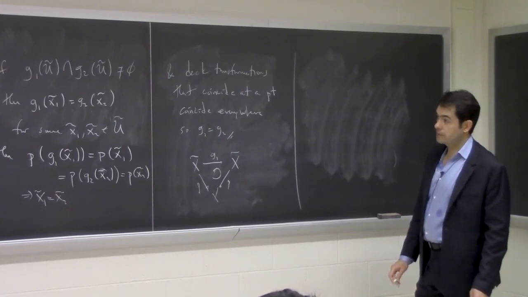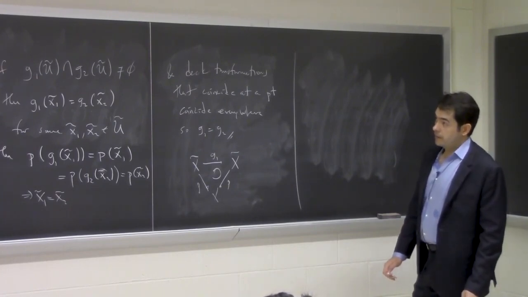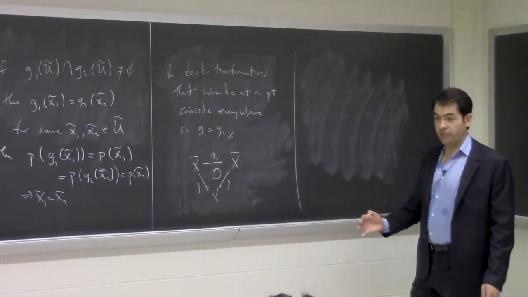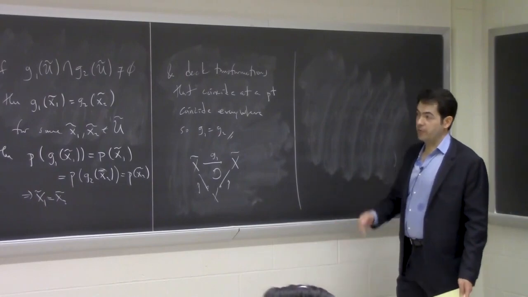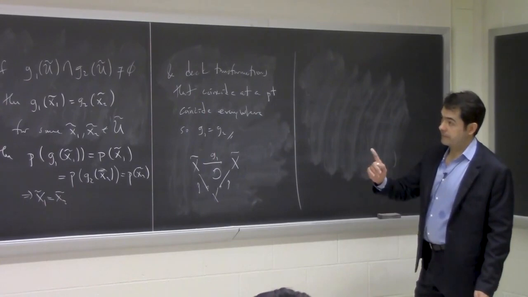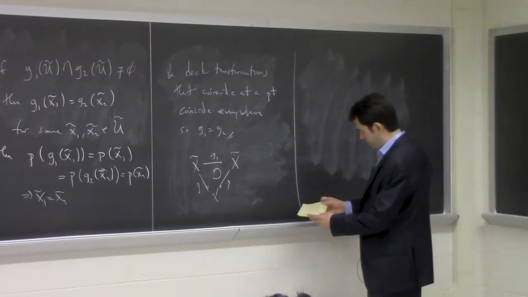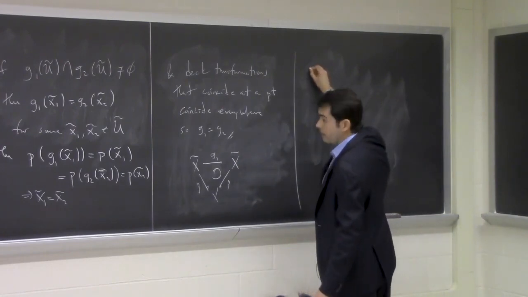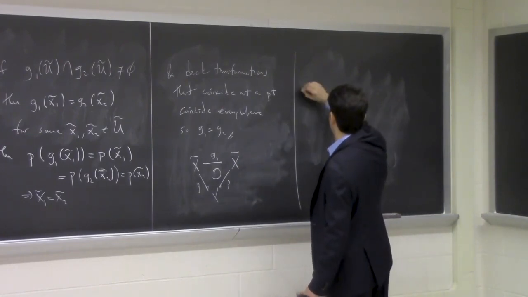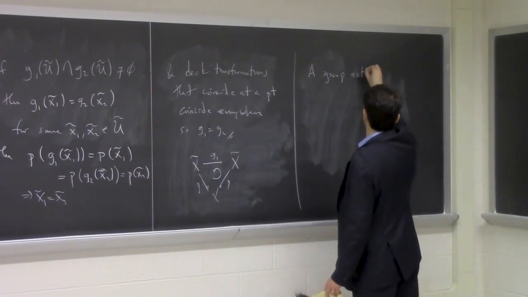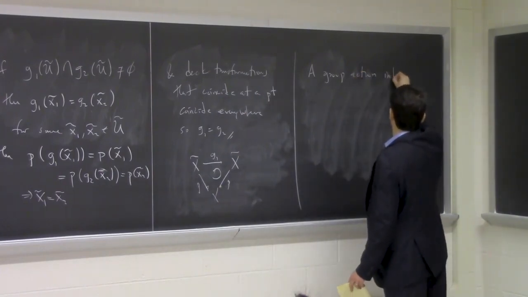Okay, so deck transformations are examples of groups that act with the covering space action. Now we'll start with a group that acts with the covering space action and construct the covering space. We talked about the orbits there. I want to say that being in the same orbit gives you an equivalence relation. So a group action induces an equivalence relation